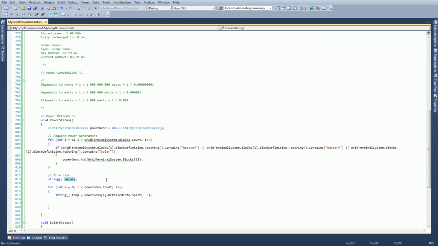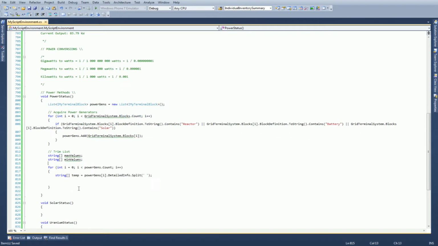Oh, wait. No. Let's do max values, and then we're going to need one for minimum. I wasn't even thinking about that. Min values. Okay. So, trim list to min, max. So what we're going to do here